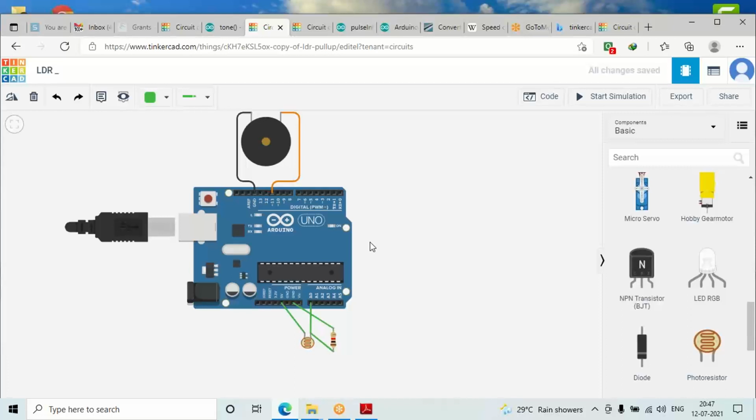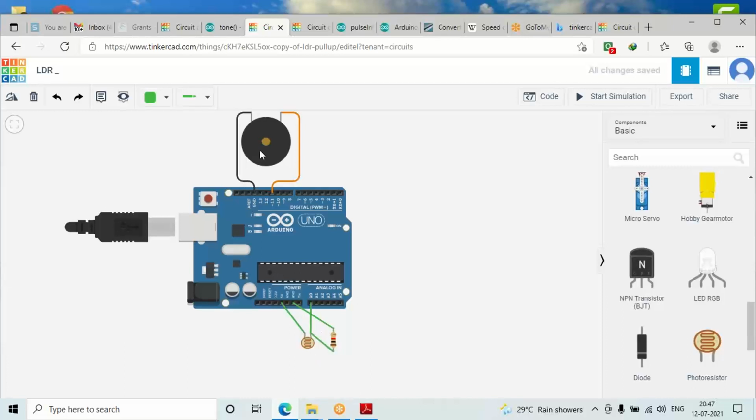So what will happen? If it is daytime, the alarm will be turned on and you don't have to set any alarm. Every time when it comes day, this alarm will automatically be switched on and you will come to know that it is daytime. For that small project I have taken this as an example.